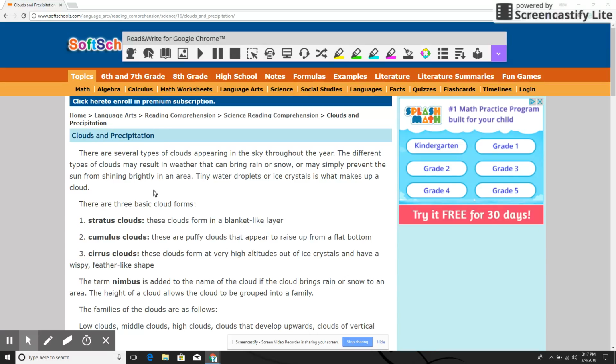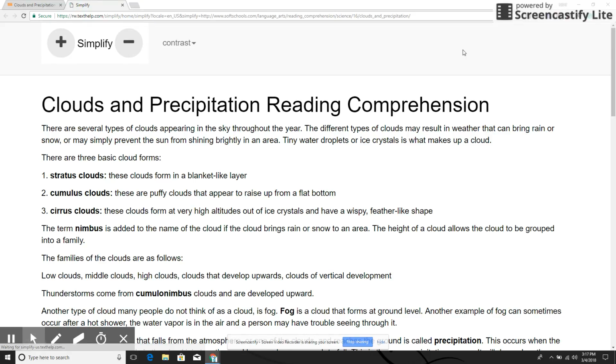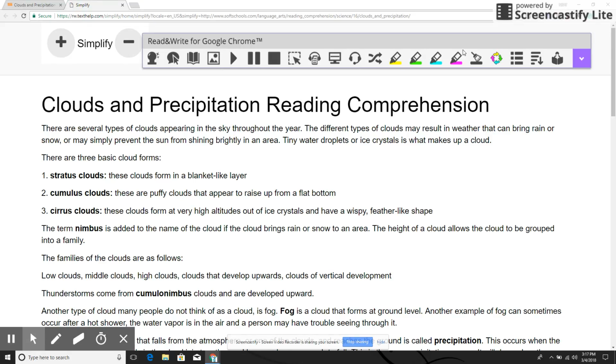So if I'm a student who is on this website and I'm a struggling reader, there are some things I can use on this toolbar to help me along. The first thing I want to start with is all the way over here on the right, there's a tool called Simplify Page. So when I click on this tool, what's going to happen is it's going to extract the text that is specific to the topic I'm looking at, and it's going to remove some of the visual clutter for me, clearing up the screen and just providing me with the access to the content that I really need